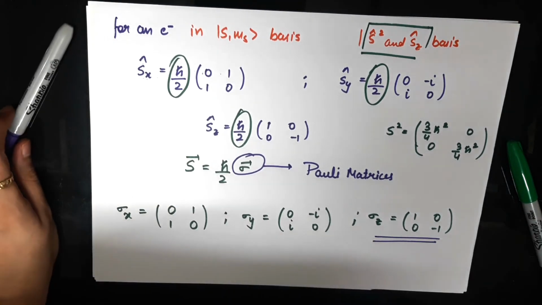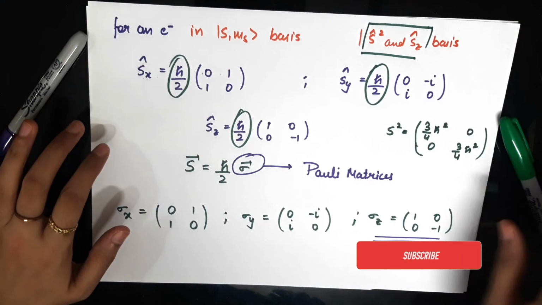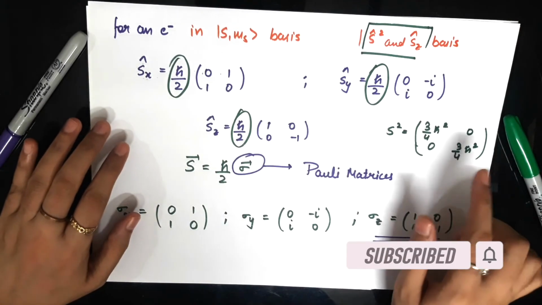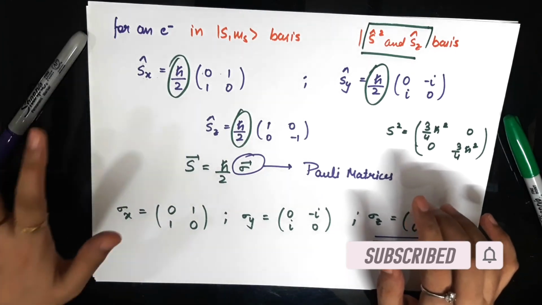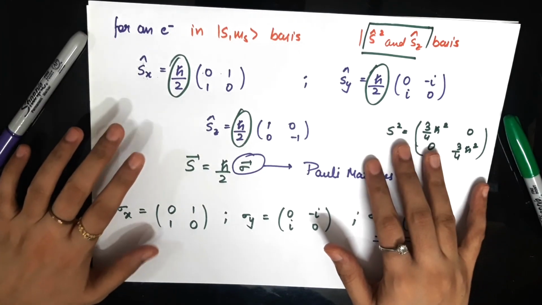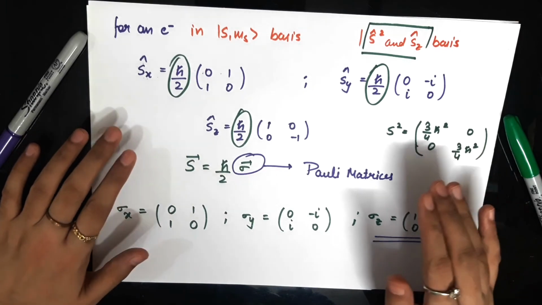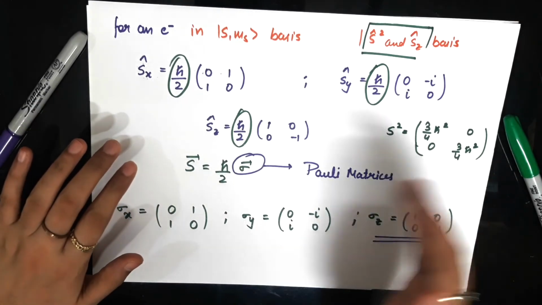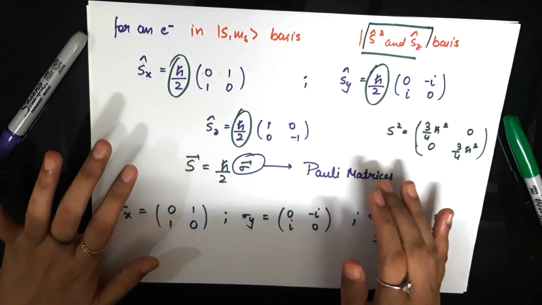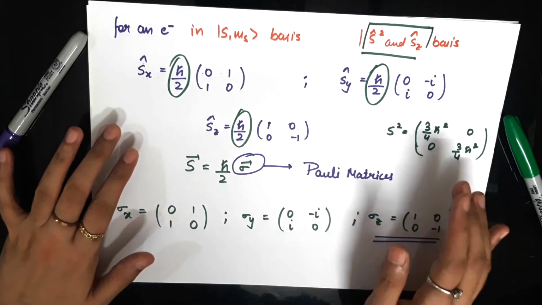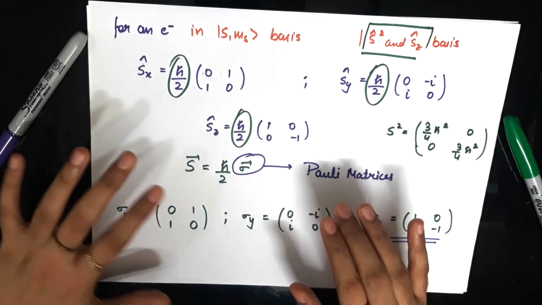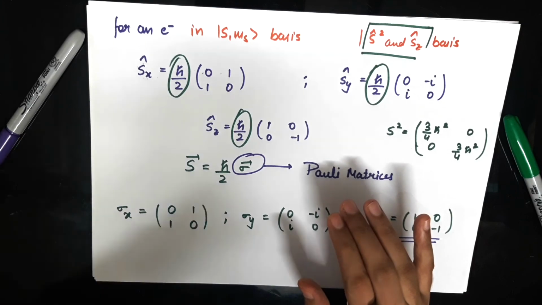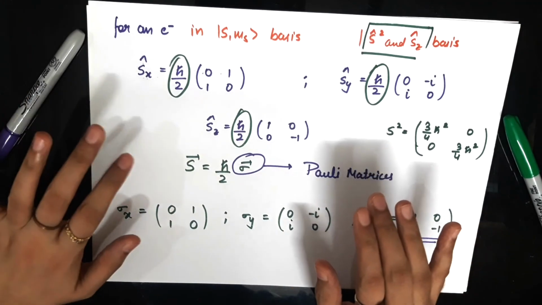So these are the Pauli matrices, and I think that this is pretty much it for this video. In this video, we have found the exact form of the spin operators for an electron. In the next video, we'll see the exact form of the eigenstates of the spin operator corresponding to an electron. And then you'll see the difference between the description of the states and what you have been used to from your harmonic oscillator or maybe hydrogen atom problem. So this is what we'll do in the next video.